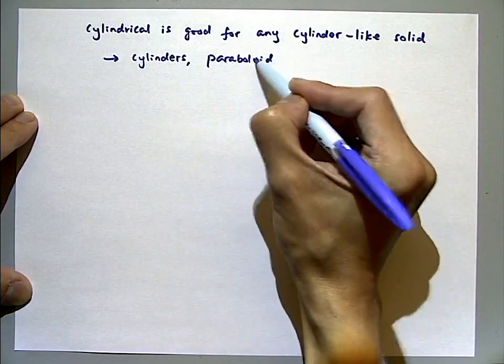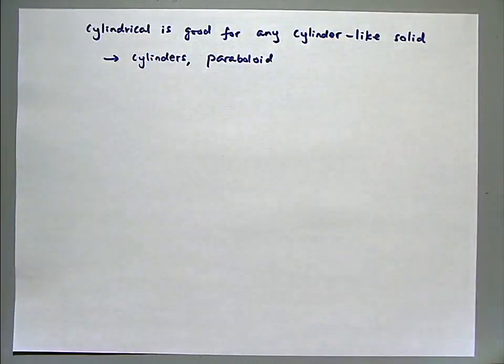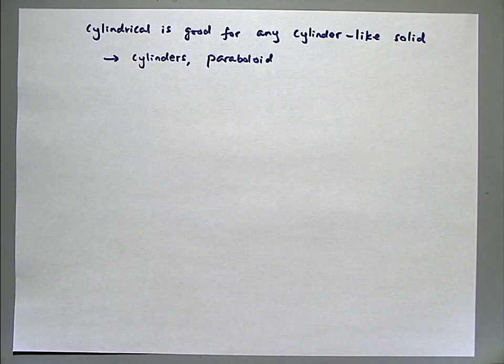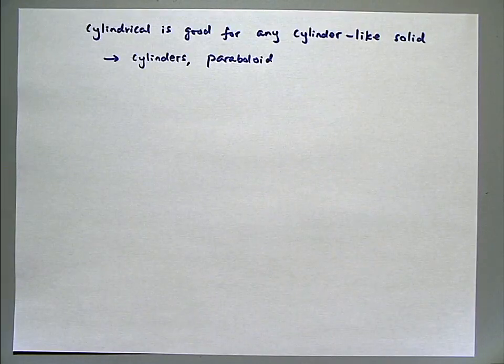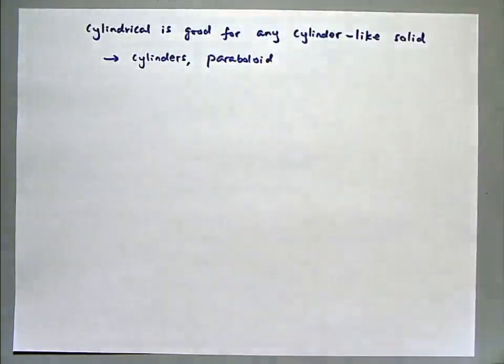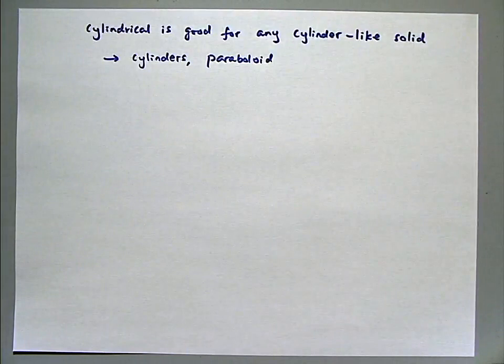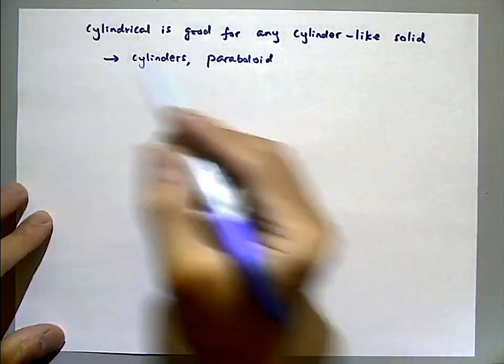And very often, paraboloids are also very, very good solids to go into the cylindrical coordinate system. Sphere is not as good. We'll be looking at a different coordinate system for spheres next time, but for now, just remember cylindrical is good for cylinders and any paraboloid-like object. So for example,